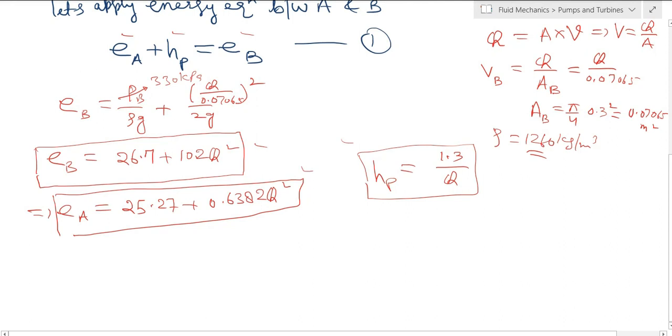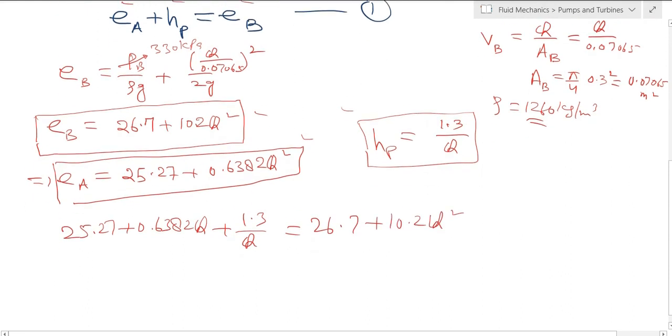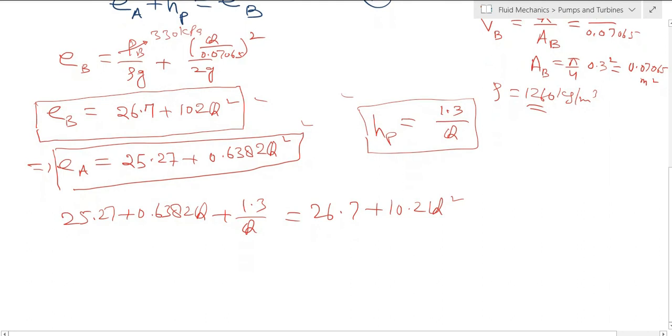Now EA is 25.27 plus 0.6382 Q plus HP, which is 1.3 divided by Q. Energy at B is 26.7 plus 10.2 Q square, okay? Now